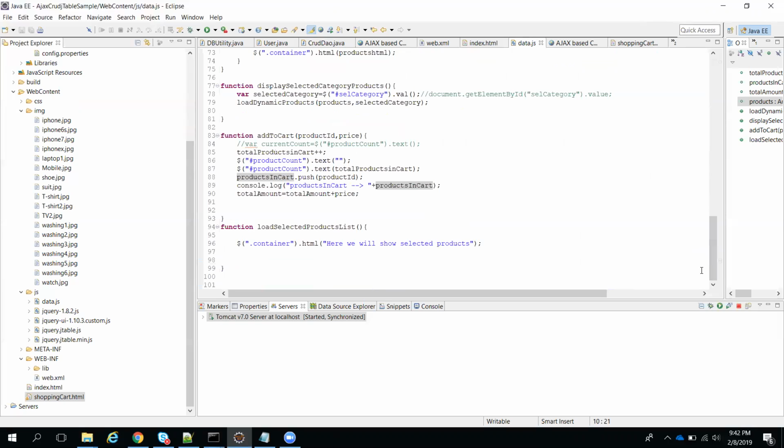That we want to show as the quantity. After that, the price. Suppose the 101 price is $200. If you are selecting two items, you have to multiply: the amount for a particular item is quantity times price. So we have to show the price of that particular item.